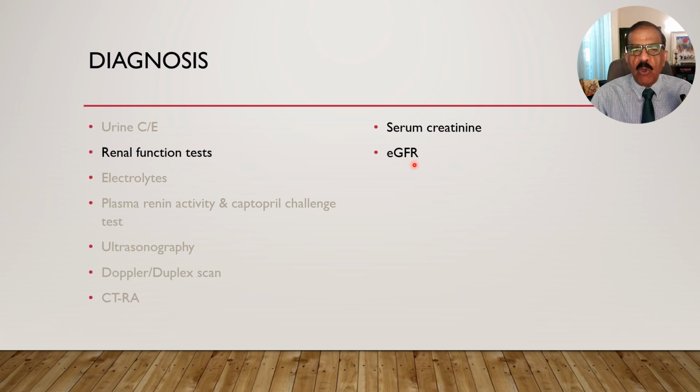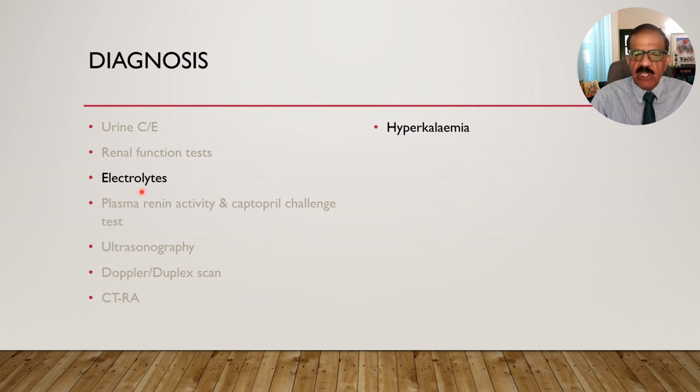So GFR would also be reduced. So that would be an indication of kidney disease. Then we will have to do serum electrolytes. You know, electrolytes are also excreted by kidneys. For example, in kidney failure,